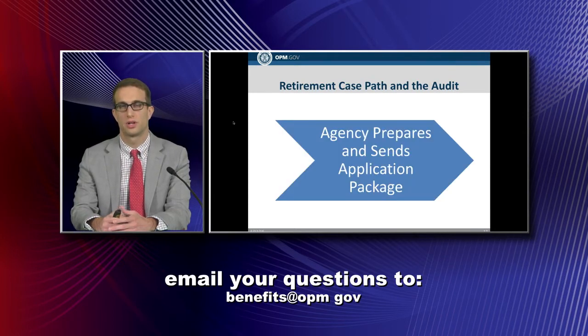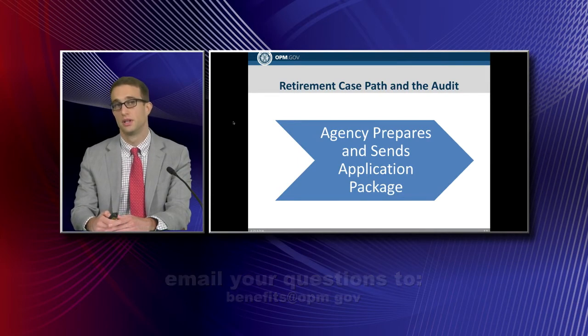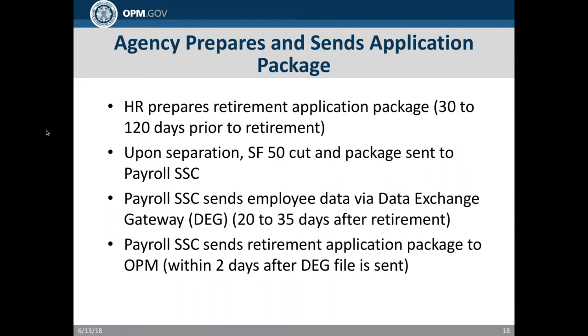Now what we're going to do is look at the case process, so once it leaves HR, the course it takes to get to OPM and then be finalized. So the first step is HR prepares the retirement application, generally 20 to 100 days prior to retirement. Upon separation, the final SF50 is cut and the retirement package is sent to your payroll shared service center. And from there, the payroll service center will send what we call the information through the data exchange file. And that's several fields that populates our electronic system. And then from there, 2 days after that, they submit the actual package to OPM